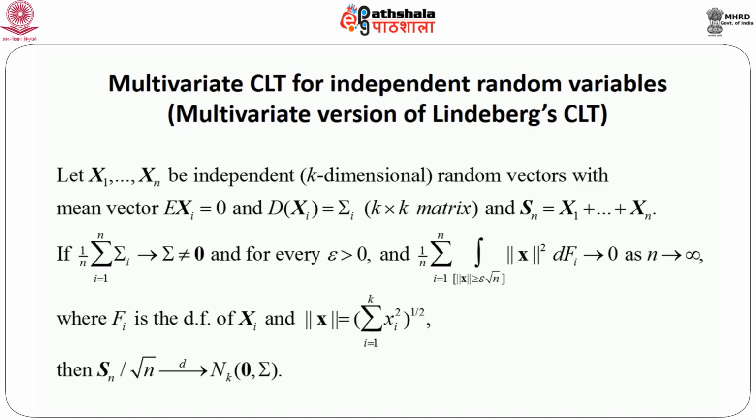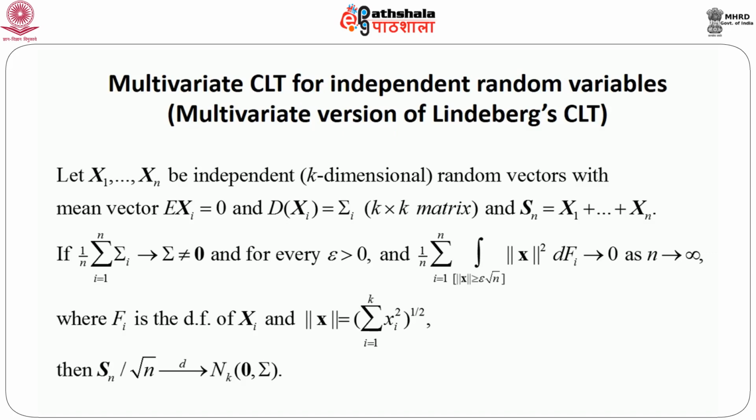Sigma i is a positive definite matrix, and define Sn equals X1 plus X2 plus ... plus Xn. Now, if 1 by n summation i equals 1 to n of Sigma i converges to Sigma, which is a non-null matrix, and